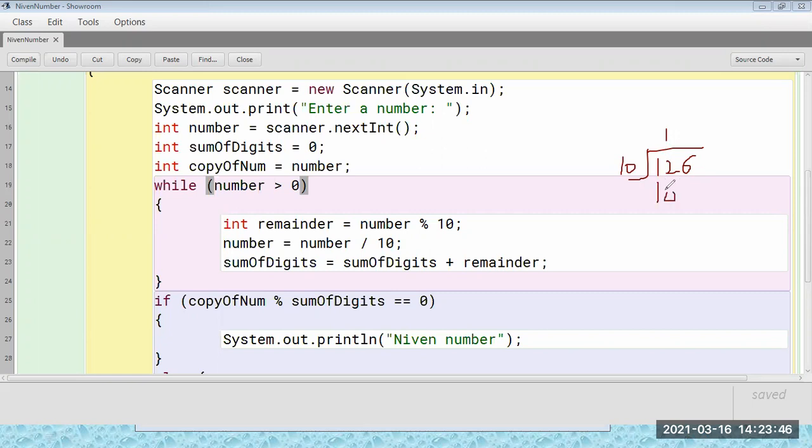We will get the last digit. If you take mod over here, you will get the 6. Okay, and if you divide, you will get the remaining digits. So this you need to remember.